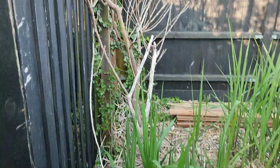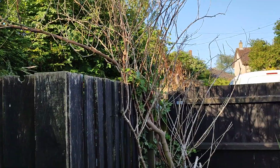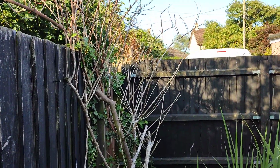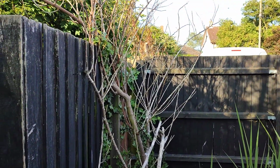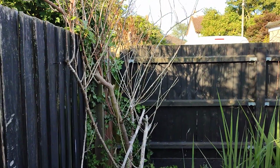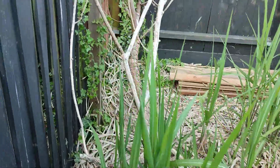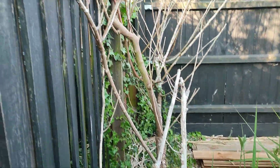I did lose this over the winter. I think, to be fair, I lost it last summer during the drought. I never water it. It was a member of the potato family, the tree. Is it Solanum? Something like that, purple with the yellow centres, which is a real shame. It was here when we moved in. It was never particularly healthy because it used to rub up against this fence, which is why you can see